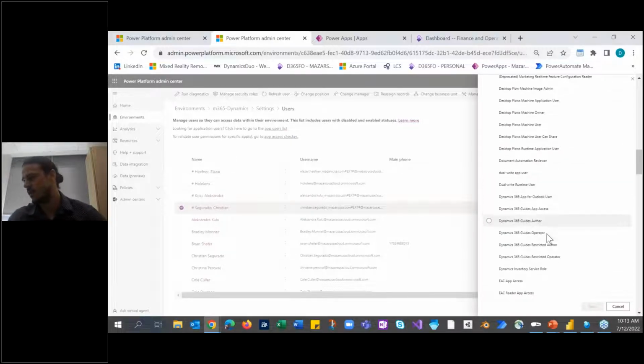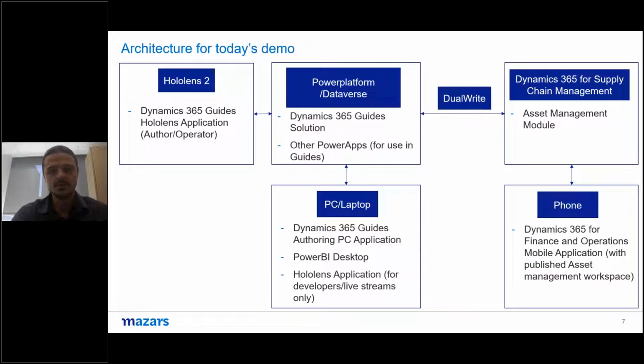Here you have the guides author and operator role, right? So what is the difference here? The operator can just operate. The author can author in the HoloLens too, but authoring in that scenario, just hopping back to the PowerPoint presentation, I want to show you where it is. Authoring doesn't mean creating the guides or the task steps. It's more positioning the 3D objects